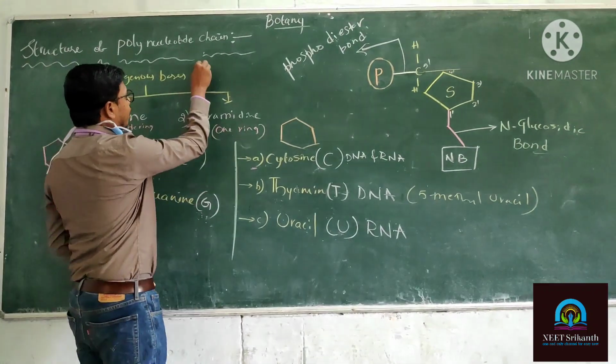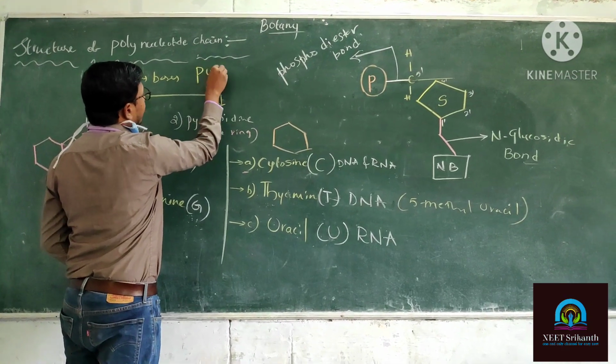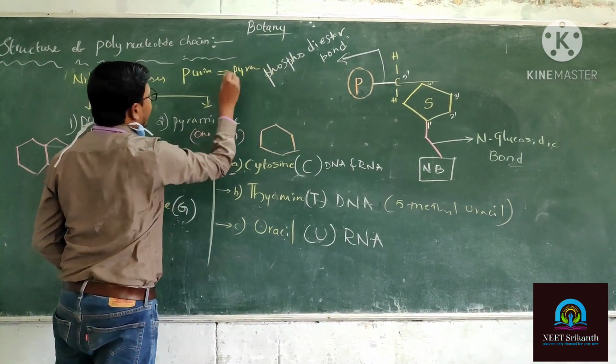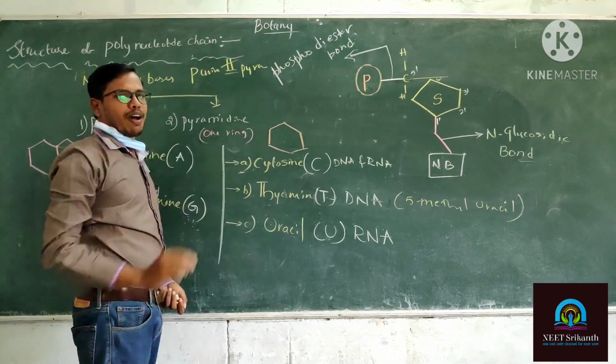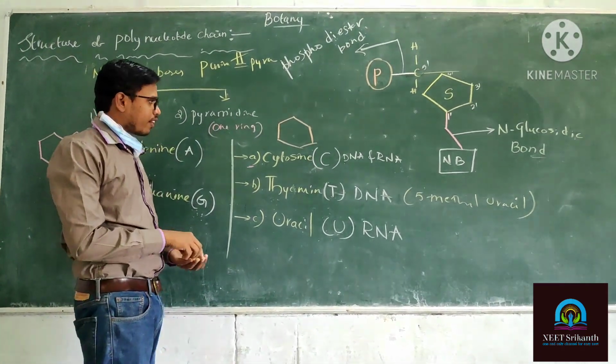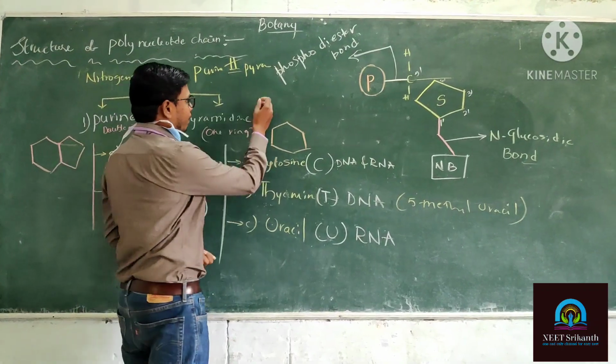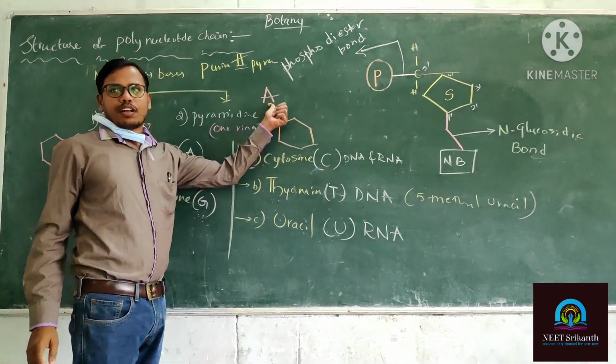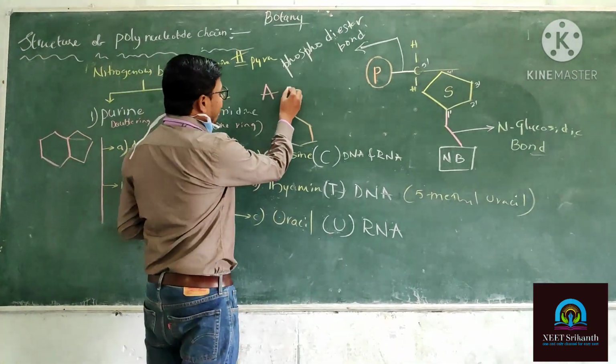Okay, between the purine and pyrimidine, which type of bonds are there? Hydrogen bonds are there. For example, you can observe a purine. The purine name is adenine. The adenine always binds with